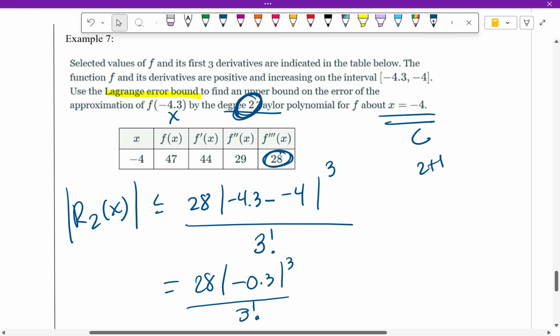All right, that's it for today. I think I put the